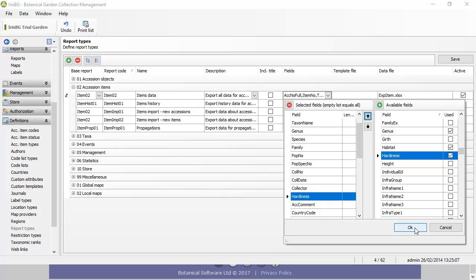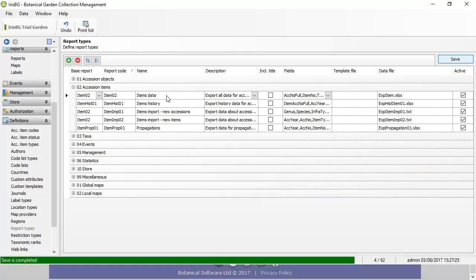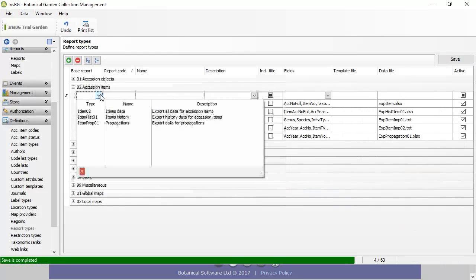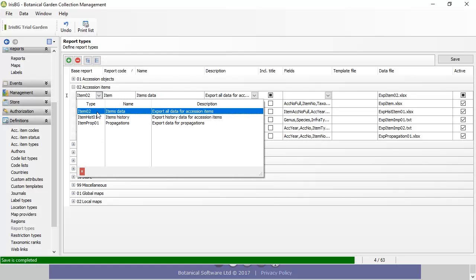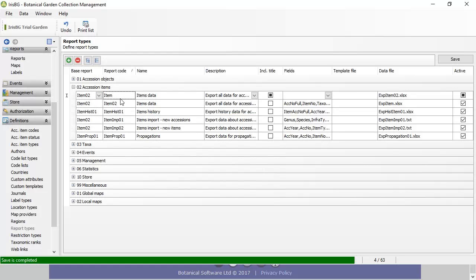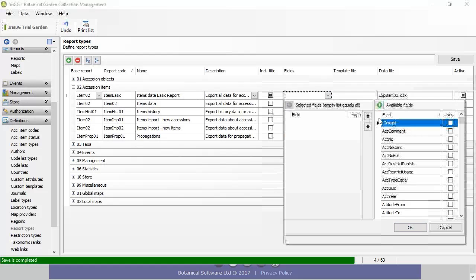Yeah, exactly. And then if I wanted to create a new report based on the same data set, but let's say I wanted one that just had accession number and taxon name, then I just click the green plus button up here, and give it a name. So you first select the base report, so what's the source data set you're going to work on, and then we'll call it something like small basic report, and then you start picking the fields you want. So in this case, we just want